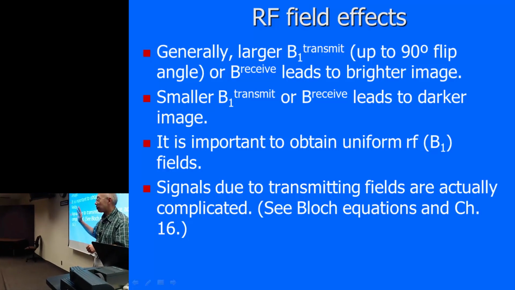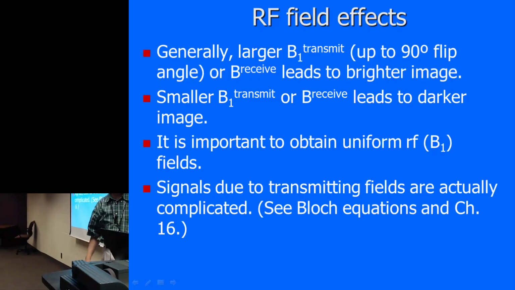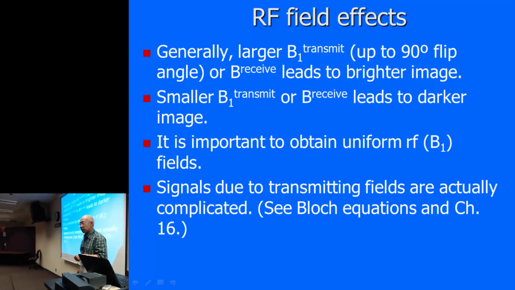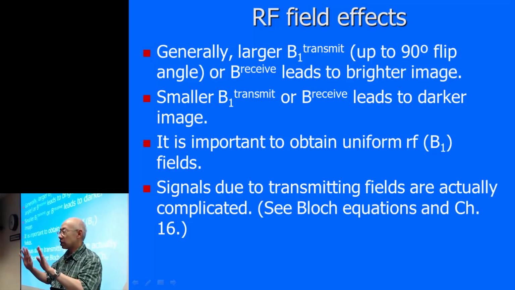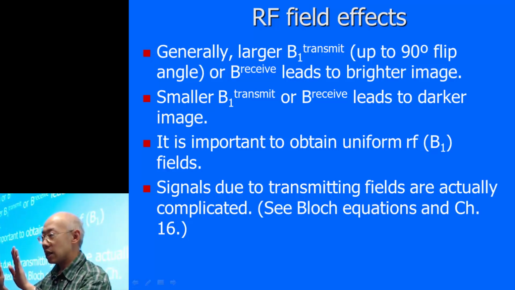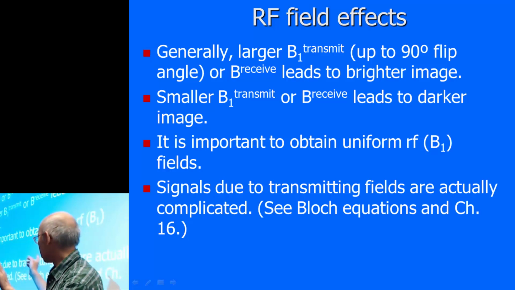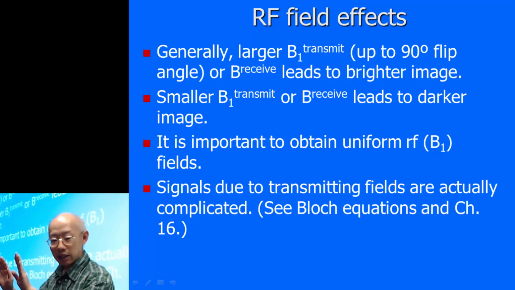So even if we can design a uniform B1 field from my hardware, just from the Bloch equation, if you have a whole bunch of spins, say originally pointing to the z direction like this, and you apply this B1 field, you will find that,